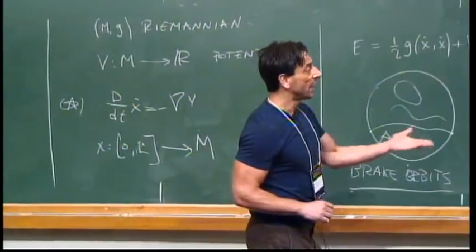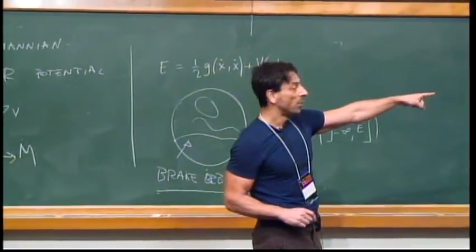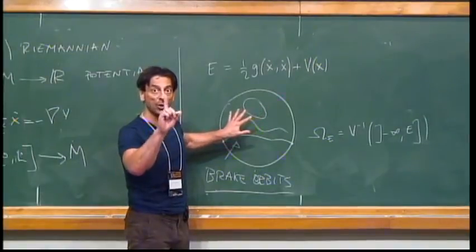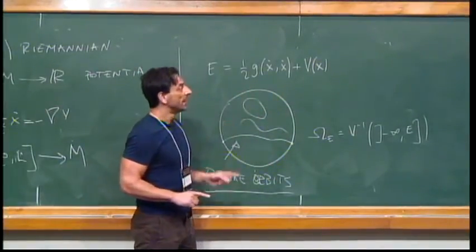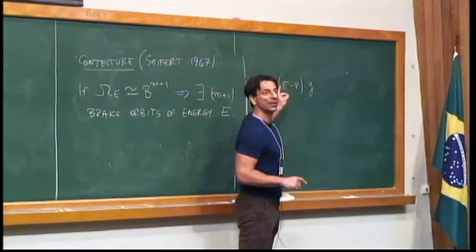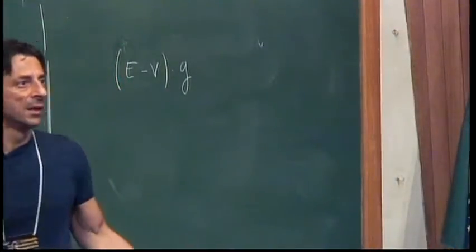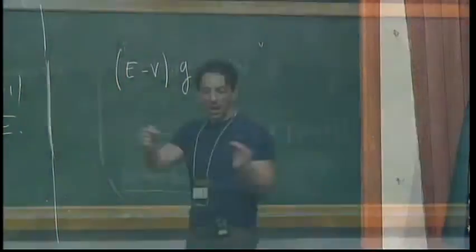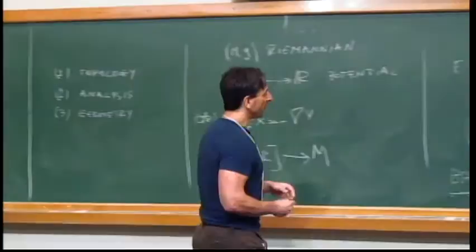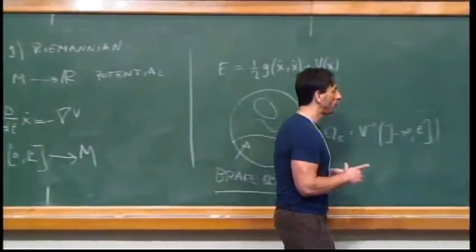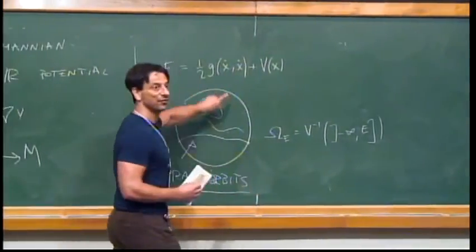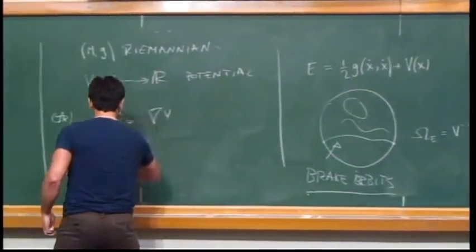So basically, I want to study geodesics with respect to this metric, in this manifold which is homeomorphic to a ball. But look at the problem: on the boundary of this ball, the metric degenerates, because this factor is 0 on the boundary. So basically, I want to study these geodesics in a metric that is singular on the boundary. And the first result is the following: if you assume that E is a regular value for the potential function, so that in fact the boundary is a nice, smooth hypersurface, then